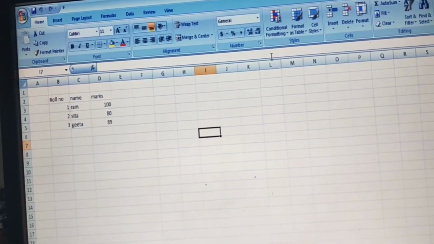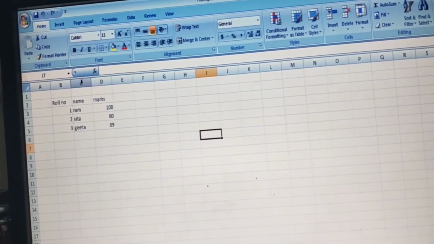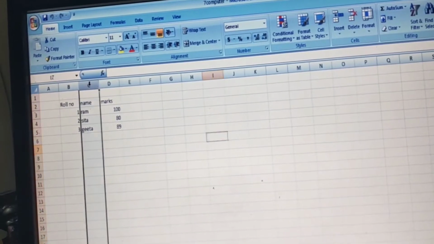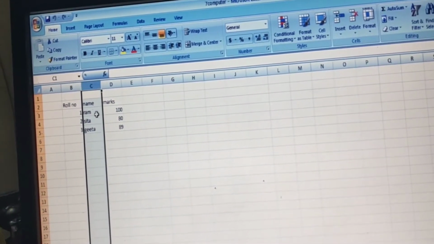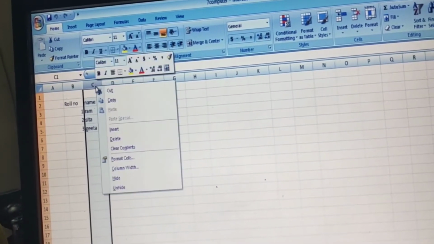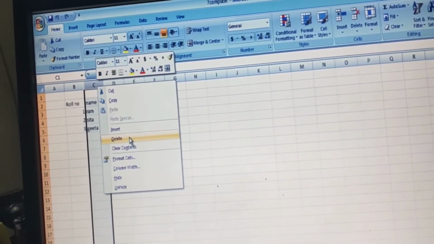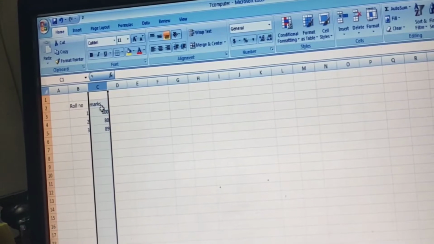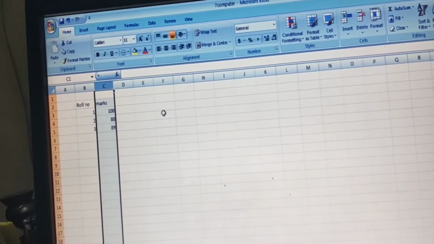If you want to delete an entire column, first of all you need to select the entire column, then right click on it and then delete. When we click delete, all the contents of the column are deleted.